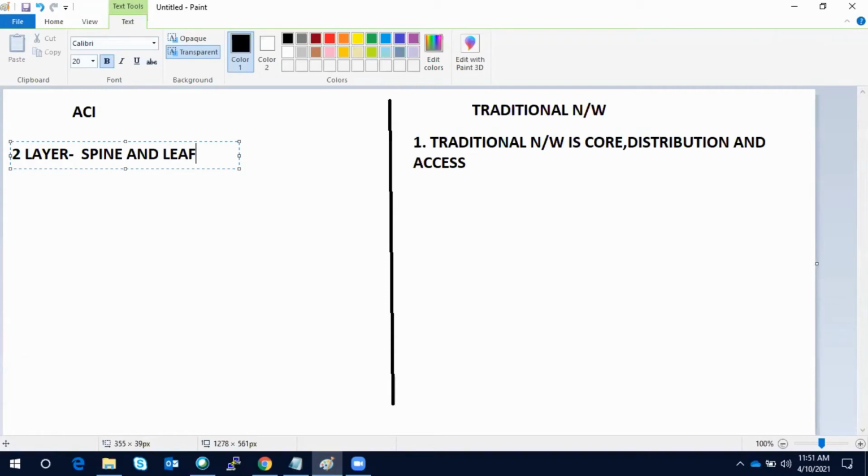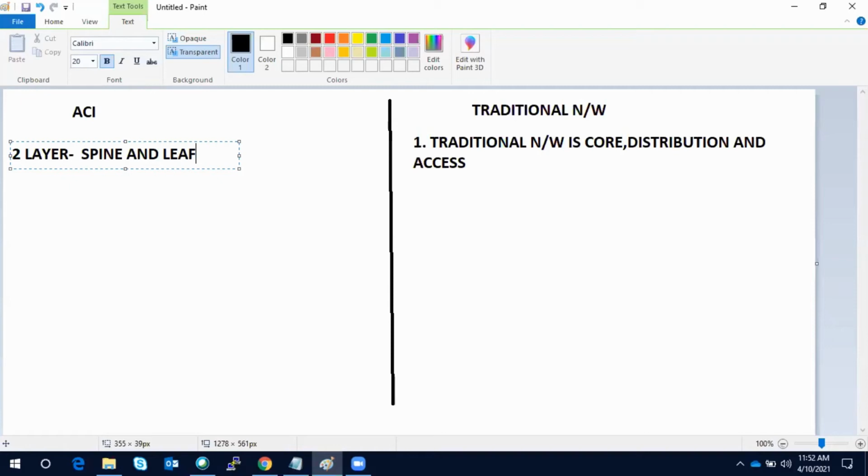Now let's talk about this point. In traditional networking, we have three layers: core, distribution and access. Core is a backbone. It's a high speed, resilient component of the network. Distribution is the layer where you create the policies, your SVIs, your route maps, your ACLs.